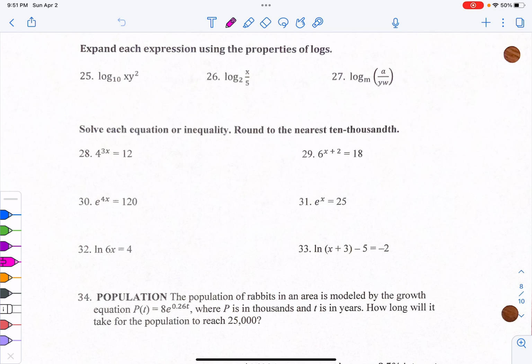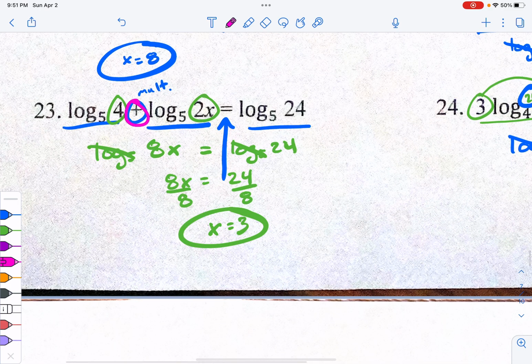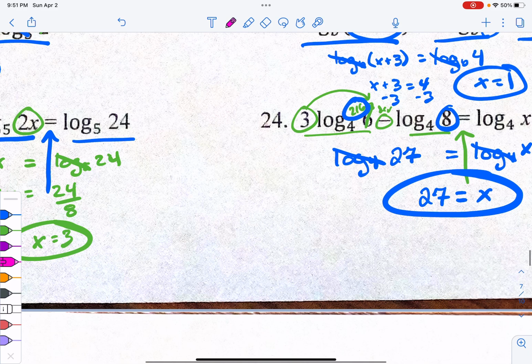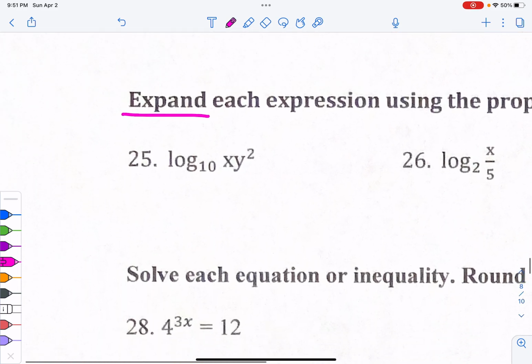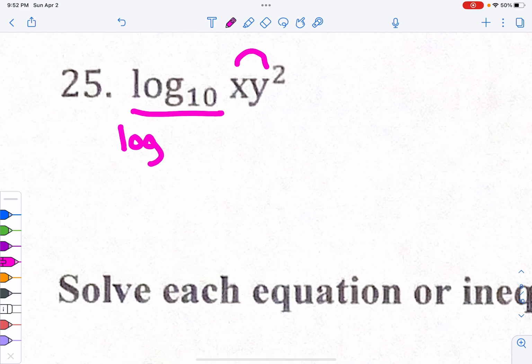When it says expand, so we did some yesterday where we were condensing stuff together, like adding means multiply and subtracting means divide, and that's kind of what we're doing in reverse for expansion. So you'll still have log base 10 for these pieces, but the x and the y are being multiplied together. So when I separate them out, I'll have log base 10 of x, and it'll be plus log base 10